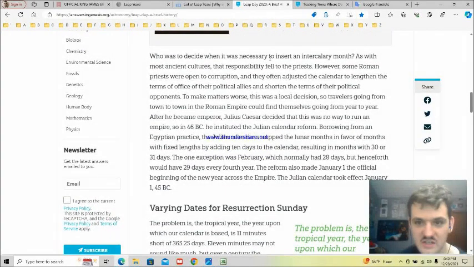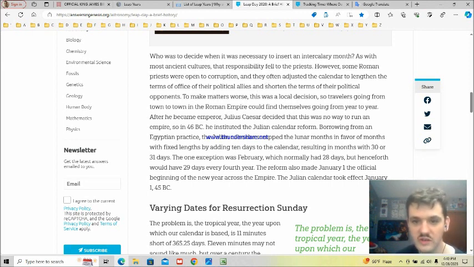As with ancient cultures, the calendar was assigned as necessary, and responsibility for it fell to the priests. However, some Roman priests were open to corruption. They often adjusted the calendar, lengthening the terms of office of their political allies